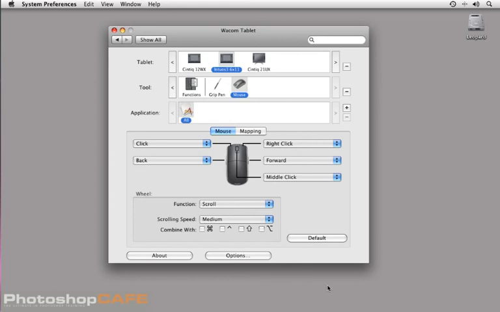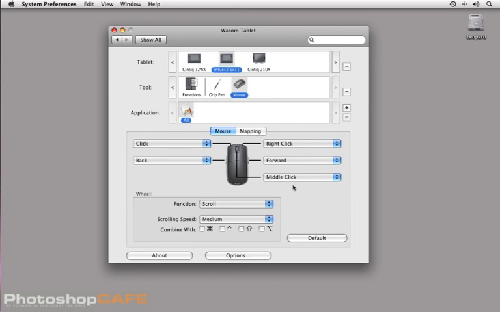Under scrolling speed, this applies to the wheel once again, and for example the default, which is medium, is fine for most things, but if for example you've got a long list of images within a window, you may find it beneficial to speed this up a little bit, such as very fast. Sometimes if I'm looking at very long PDF documents or multi-page PDF documents, I'll set this up to page, and that way the single click as I'm scrolling up or down with the finger wheel will zip through various pages